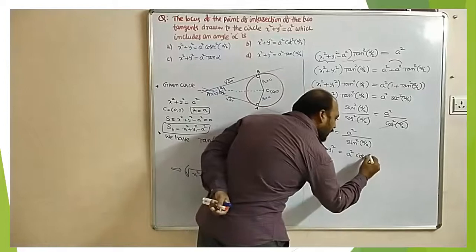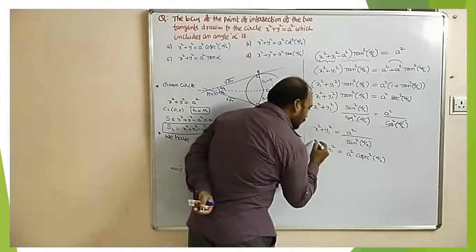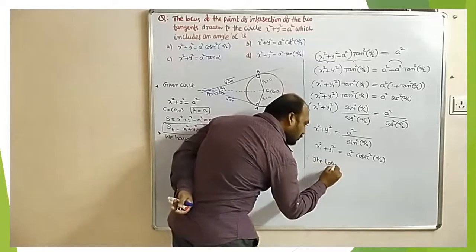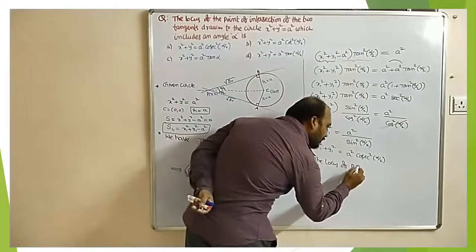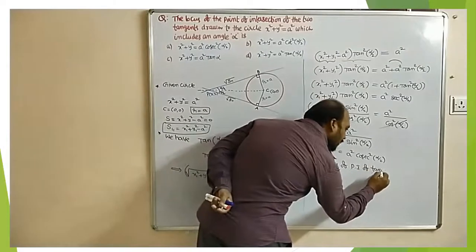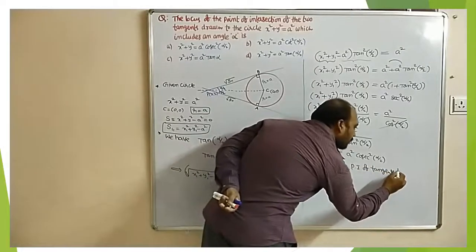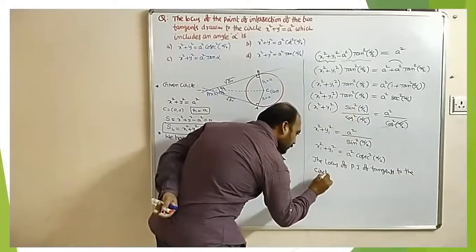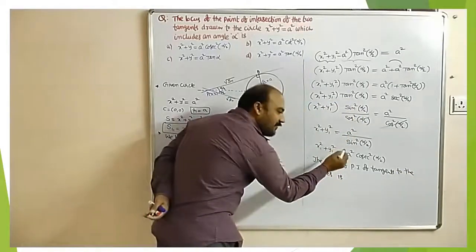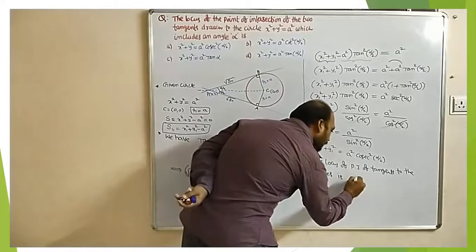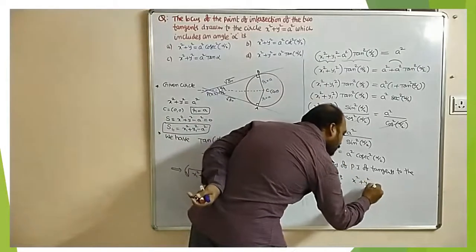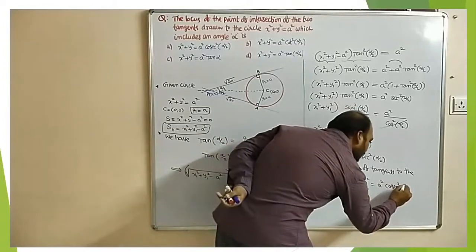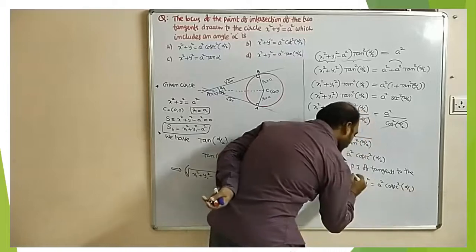Therefore the locus of the point of intersection P of the tangents to the given circle is x square plus y square, in place of x1, y1 writing x, y, equal to a square into cosecant square alpha by 2, which is the required